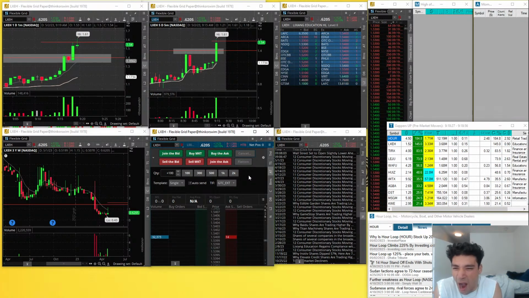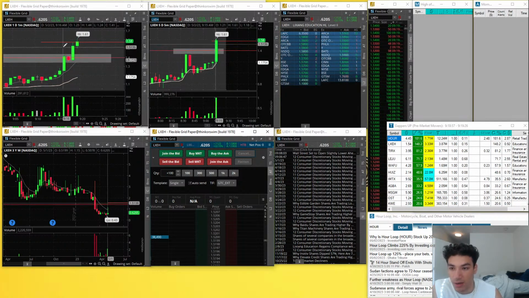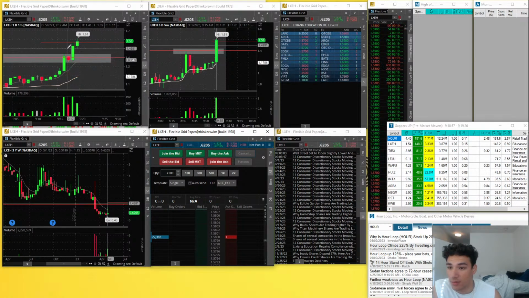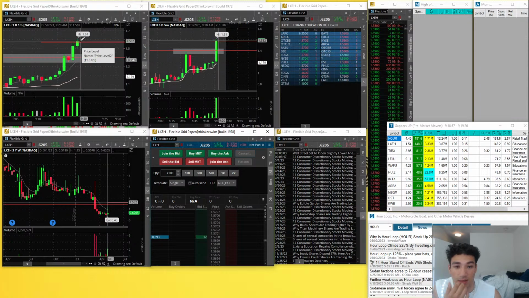Alright. What I was gonna do was I entered my order on 1.5. I was gonna have my stop loss probably at the high of this level right here, so it'd be what is that, a 5 cent stop. It already came up 10 cents off the bat. That's already a 2-to-1 reward to risk ratio.